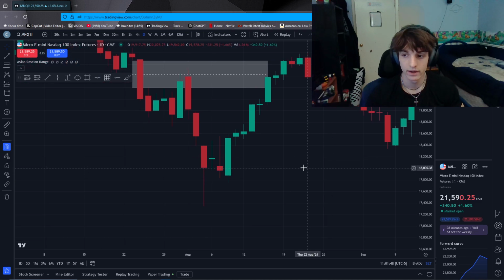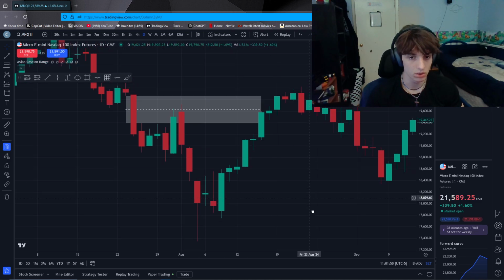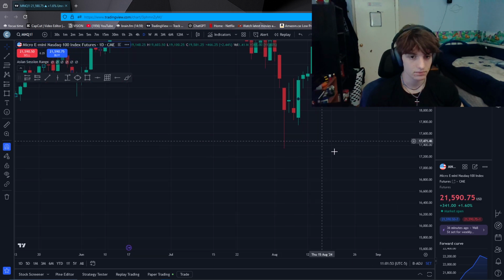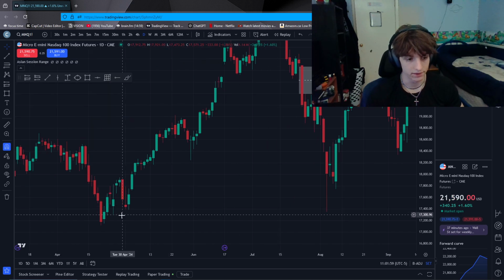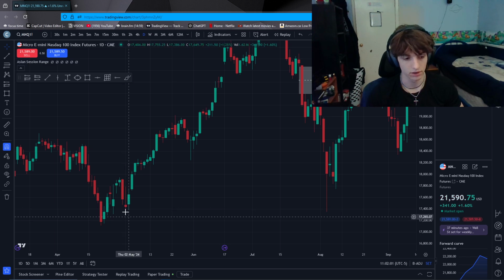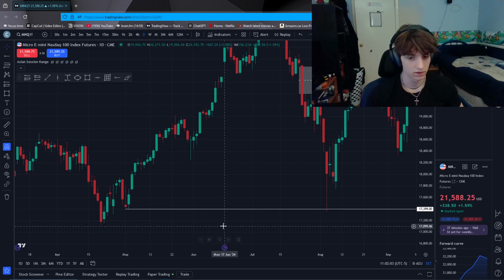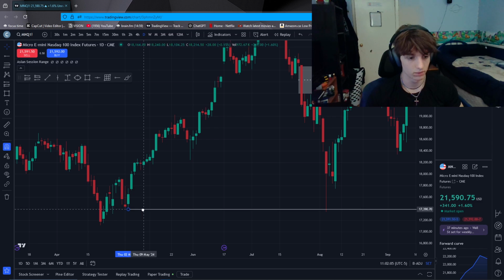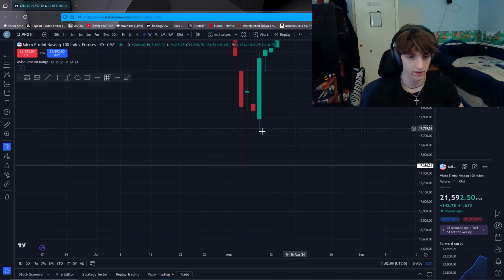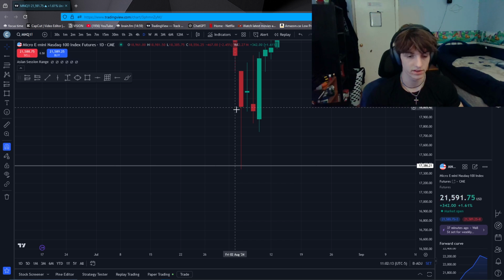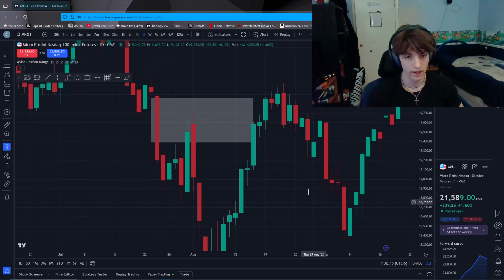External liquidity is liquidity that rests below lows and above highs. So we tapped into this fair value gap, which is internal liquidity. Then we go all the way down and search for this external liquidity that's over here. So we then take out this low, which is called a liquidity sweep. Whenever you see the wick push past a low and then the candlestick closes above the low, and then vice